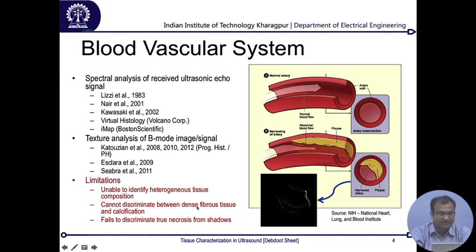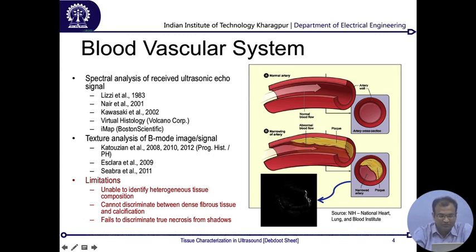The next limitation is that all of these methods fail to discriminate between dense fibrous tissue and calcification, because both exhibit a very steady speckle behavior, as you see here. None of them have been able to do that in the past. And all of these also fail to discriminate true necrosis from shadows, and what that means is